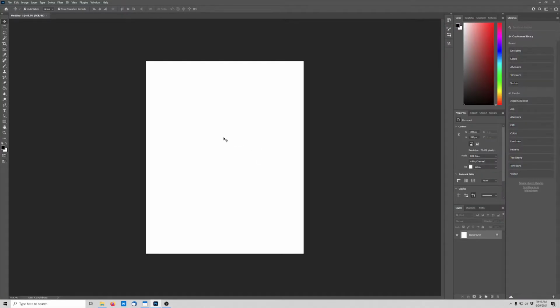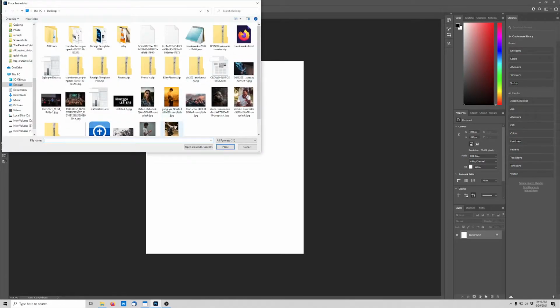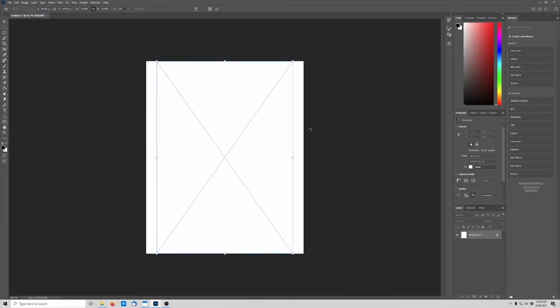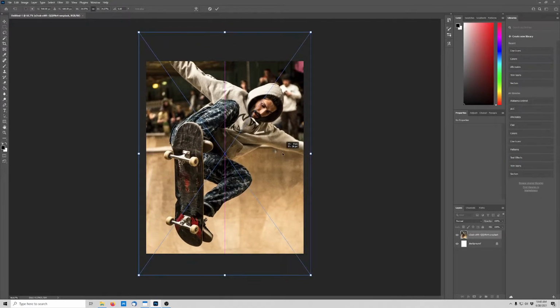I'm going to show you real quick how to wrap text around an object. This is a really useful technique in your designs. So first off, I'm going to place our image here and get it to fill the canvas, position it however